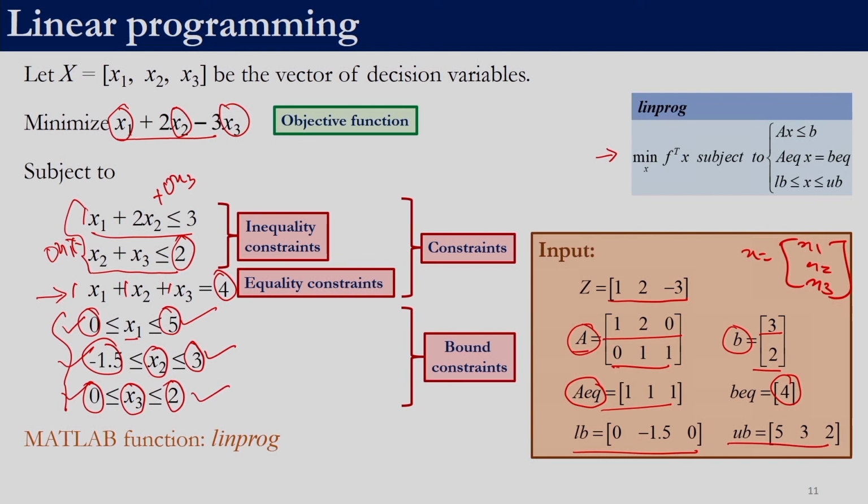So, now we have transformed this problem to the format required by MATLAB. Again, remember that it only supports less than or equal to constraints. If we have a greater than or equal to constraint, we need to multiply by a minus sign. Similarly, if we have an equation like x1 plus 2x2 minus 3 is less than or equal to 0, then we need to take this minus 3 to the right hand side. Similarly, for an equality constraint, if it is x1 plus x2 plus x3 minus 4 equals 0, then we need to take this minus 4 to the right hand side,